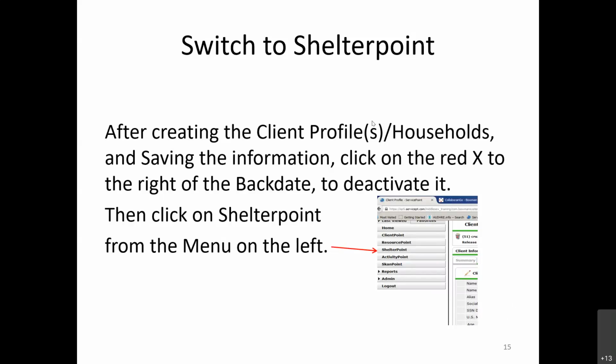So after you created the client profile and did all the household members' profiles, the first thing you have to do is in that top right-hand corner, you had been in backdate mode, right? You had picked the day and set the timestamp that you had established, and to the right of that there's a red X, and you click on that red X to get out of backdate mode, and that deactivates it. So now you're in real time again, and then you go to the menu on the left. You see on the right here is the client information, and on the left is the menu bar, and you click on Shelter Point, and that's going to take you over to the Shelter Point dashboard,